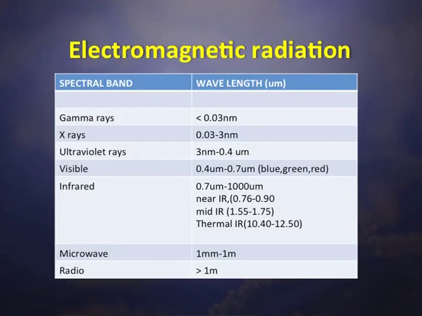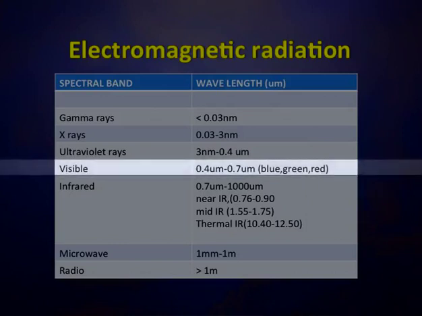Normally, we have different types of sunlight reflections, like gamma rays, X-rays, ultraviolet rays, visible rays and infrared rays. But can we see all these rays? No, we cannot see gamma rays, X-rays, or ultraviolet rays. We can see only the visible rays, whose wavelength is 0.4 μm to 0.7 μm only. Those usually reflect blue, green, red, and the combination of these colors becomes VIBGYOR, 7 colors. So, only that we can see.